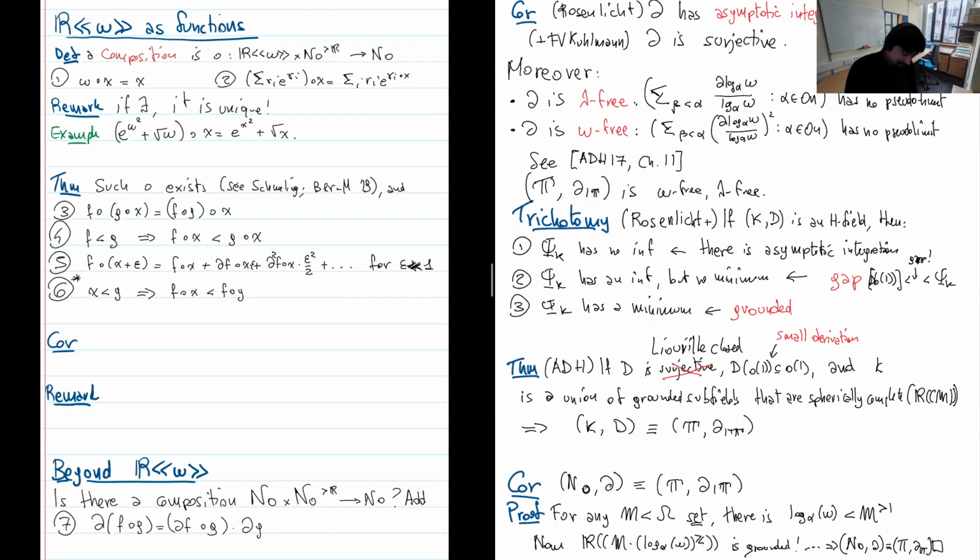A nice implication, for example, is that if I want to compute the derivative of f for some f in this R omega, well, I just do what? This is going to be the same as the limit, epsilon going to 0, of (f composed with omega plus epsilon, minus f) over epsilon. Because if you look at the Taylor series, you see that this has to be the derivative of f composed with omega, which is the same as the derivative of f by